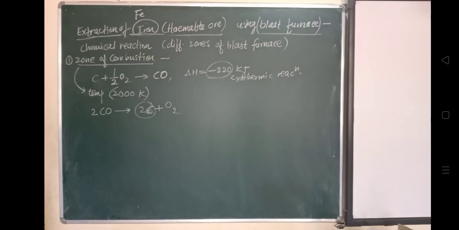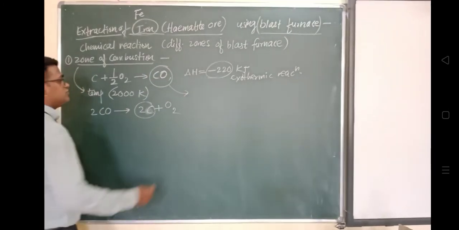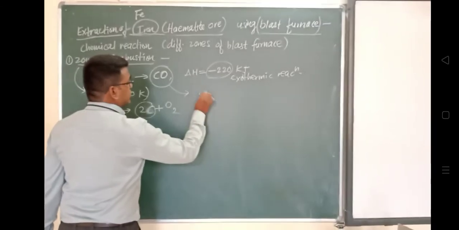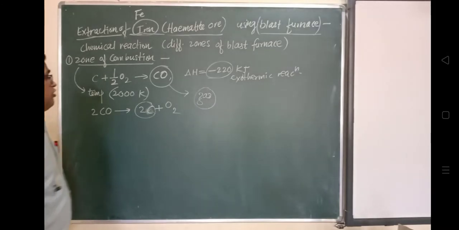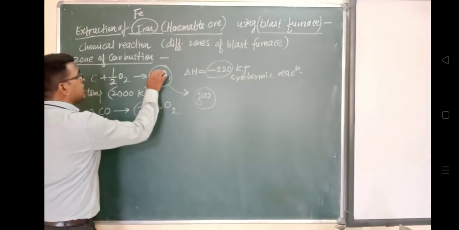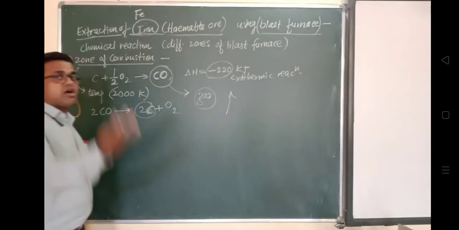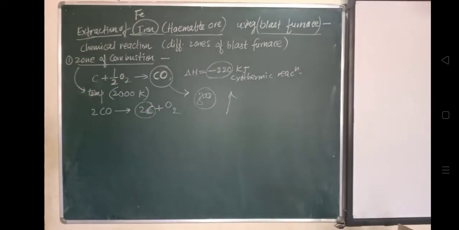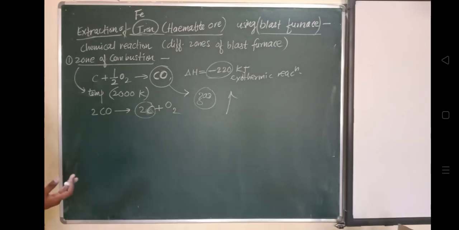Carbon plus oxygen combine, and the carbon monoxide which is present in the heated gas will come in contact with this charge, and in the charge there is Fe2O3. This Fe2O3 will be reduced in the reduction zone, and by reducing it, it will separate out spongy iron. So which one is the reducing agent acting in this reduction zone? Carbon monoxide is the reducing agent. You have to remember this. Carbon monoxide is acting as a reducing agent in this zone.